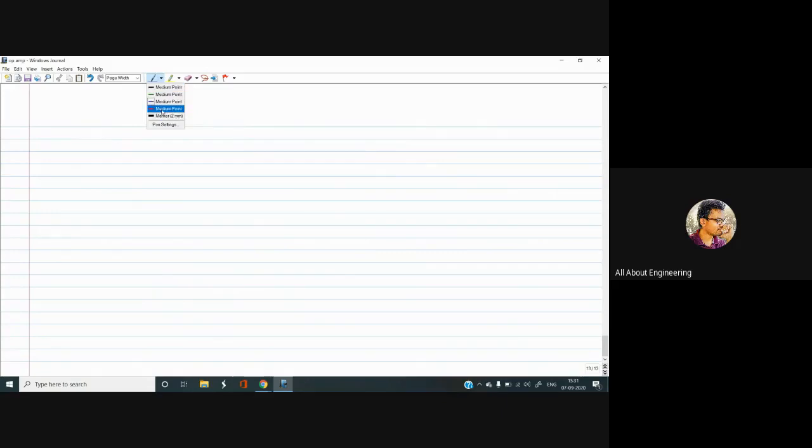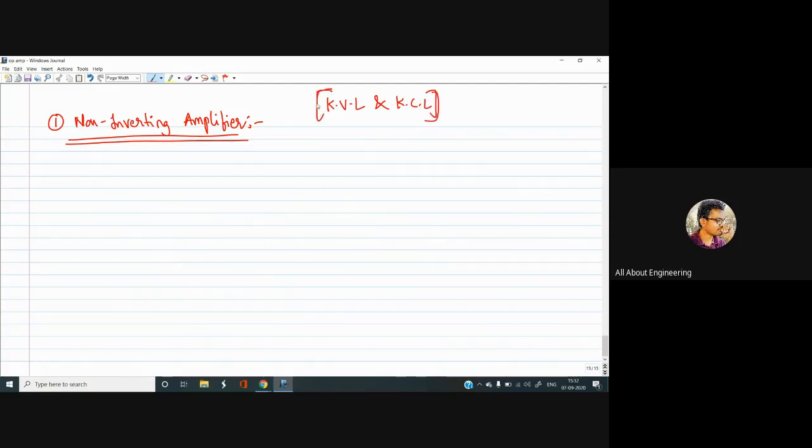So with this basic introduction, let us start with the first and fabulous circuit, that is the non-inverting amplifier. All you have to know, the prerequisites for solving these, is KVL and KCL, or any of these two is purely enough. If you know those, then you can master these things. The circuit diagram would look somewhat like this. See, all these are under negative feedback only. We are starting with the negative feedback circuits directly.